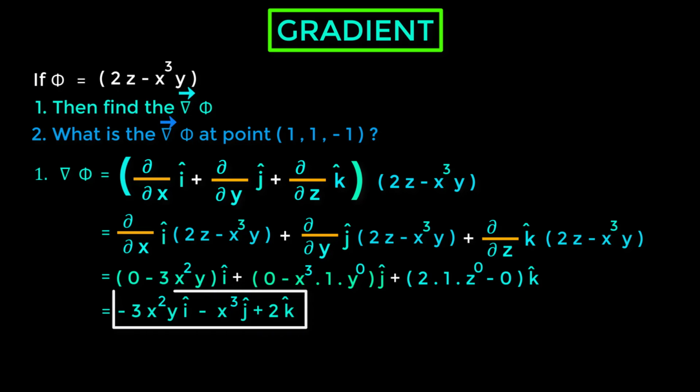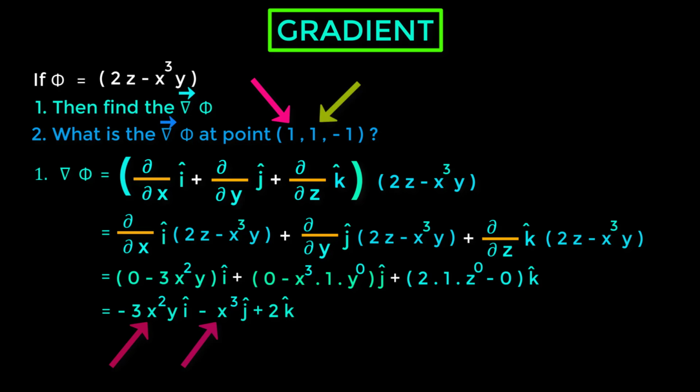Now from here, we will have to find out the answer of this second question. Look at this point. This one is the value of x, this one is the value of y, and this negative one is the value of z. There is no z here, so we will forget about this negative one. If we put this one instead of this x and this one instead of this y, then we will get